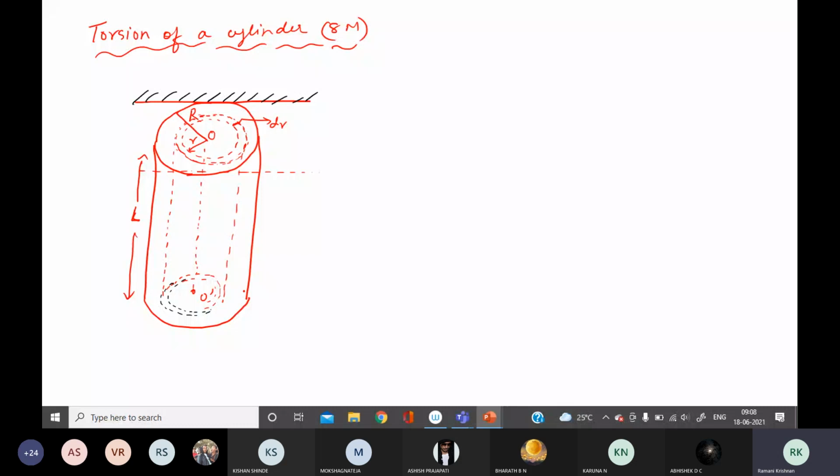Now at the bottom also we have drawn the same layer, this circular layer. This is a point from the outer layer we are connecting to this point. Let me name it, and this is the point here also. From here also we'll draw the inner. This is from the outer layer, and this is from the inner layer. Let this inner layer point be X. Okay, so this is the condition.